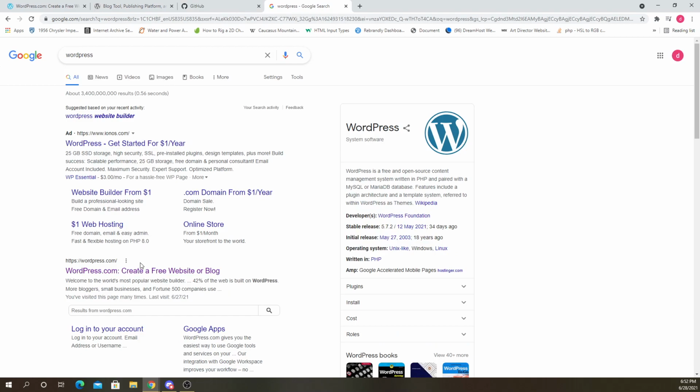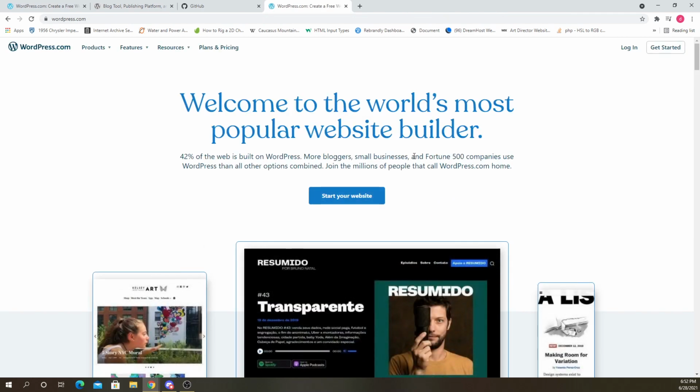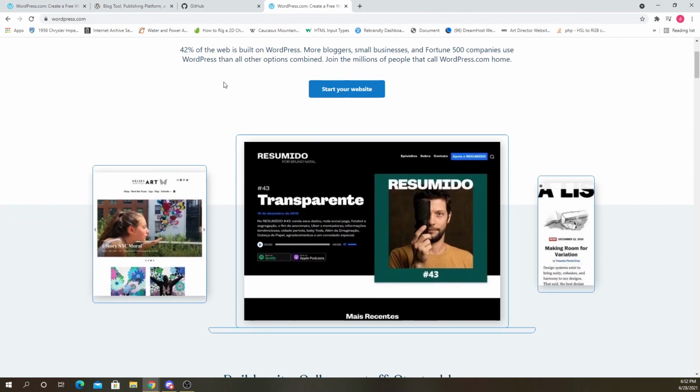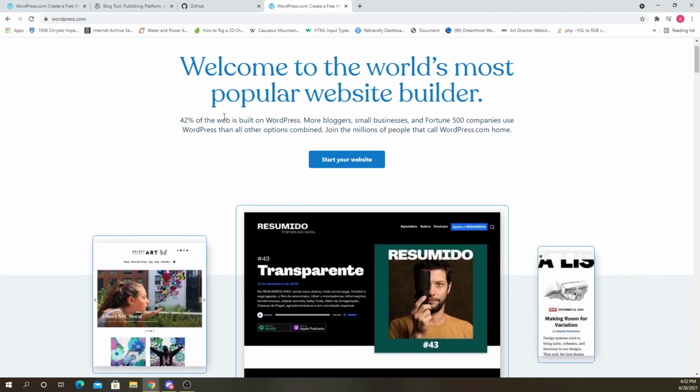The world's most popular website builder. 42% of the web is built on WordPress. So a huge amount of people are using WordPress. And the reason why is, well, first of all, it's been around the longest.